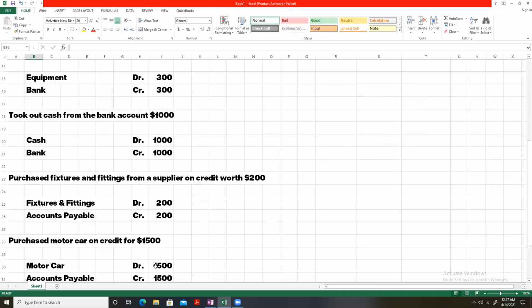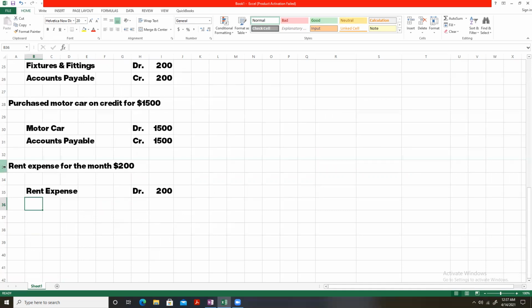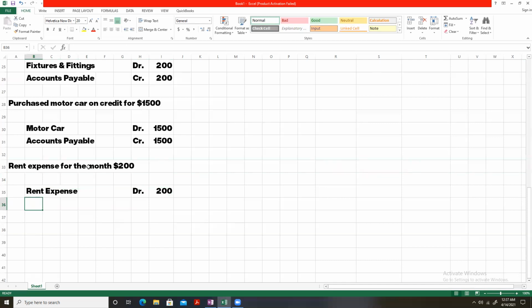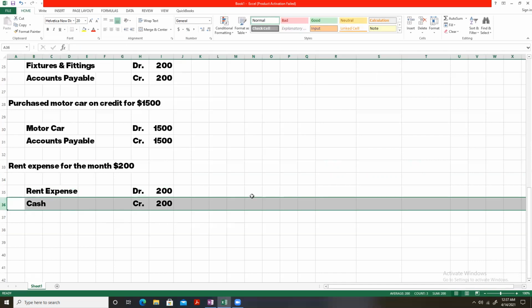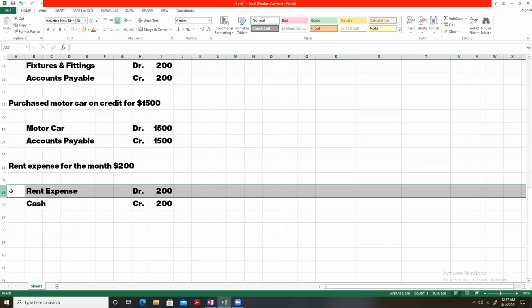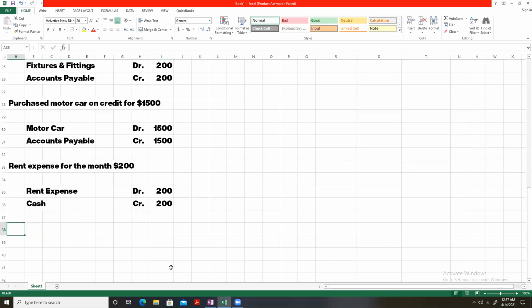So here we paid rent expense, we incurred an expense, and let's suppose we paid this expense by cash. So we will credit the cash account as we are making a payment. As we are paying cash, the cash will reduce. Cash is an asset that will reduce, so whenever an asset reduces, we credit that asset's account. So we will credit the cash account, but as an expense is incurred, we will debit the expense account. Now, what will happen?